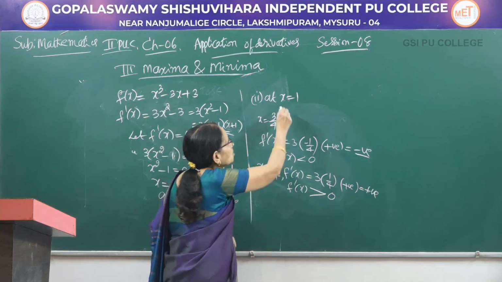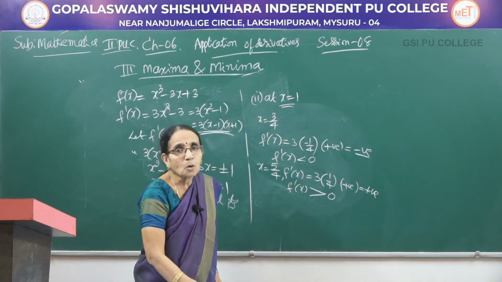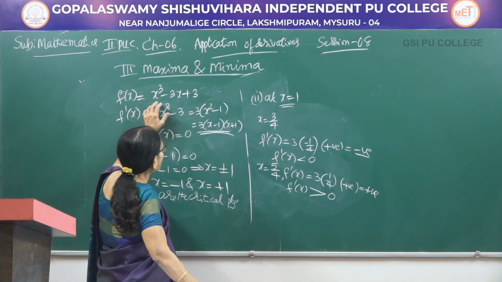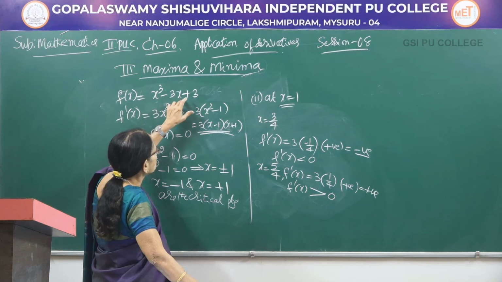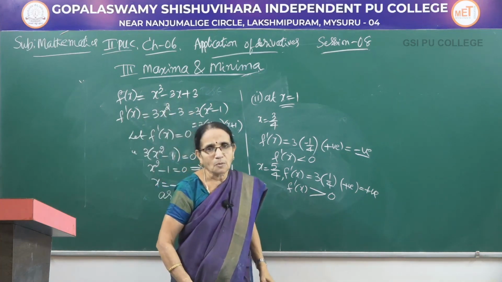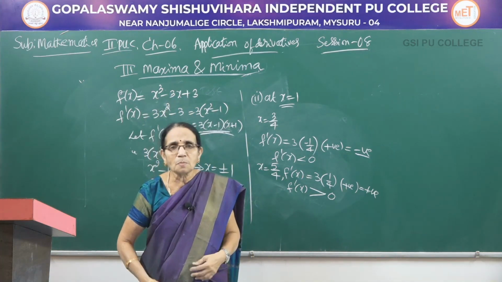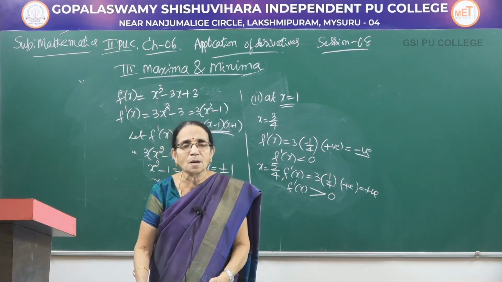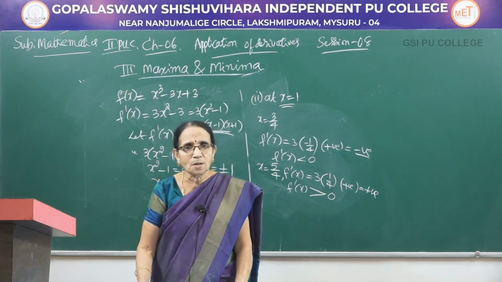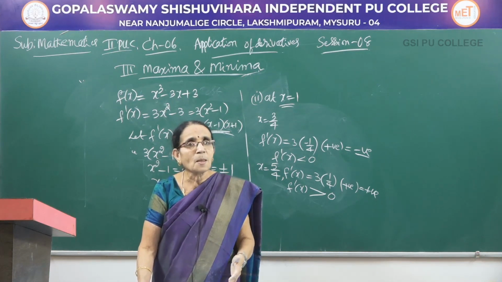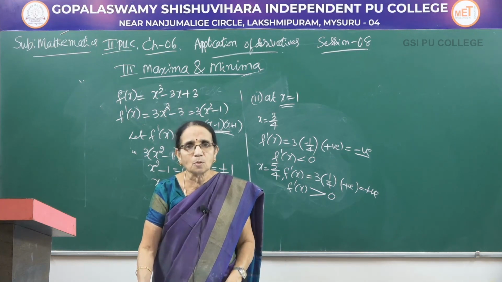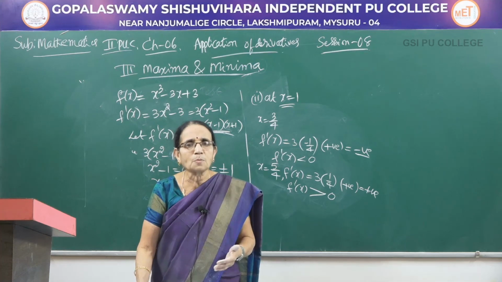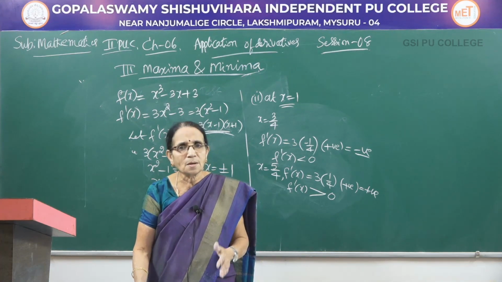Therefore, this x is equal to 1 is a point of local minimum. If you want to find the local minimum value, go to the function, put x equal to 1: 1 minus 3 into 1 plus 3, then you can simplify and get the value. So this is how we make use of the first derivative test. I told you I will be giving you another test, which is called the second derivative test. In that one we consider the second derivative also, and that is more practical. Most of the problems, even word problems, we will be solving using the second derivative test.